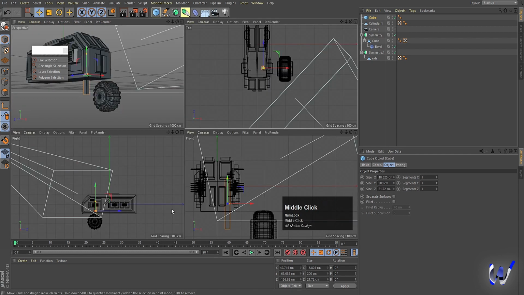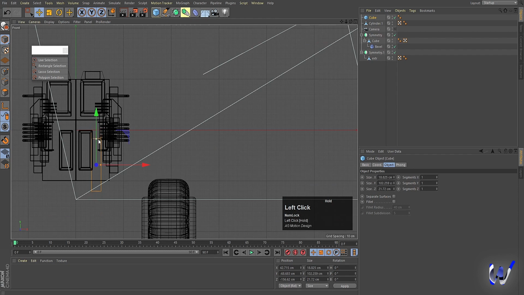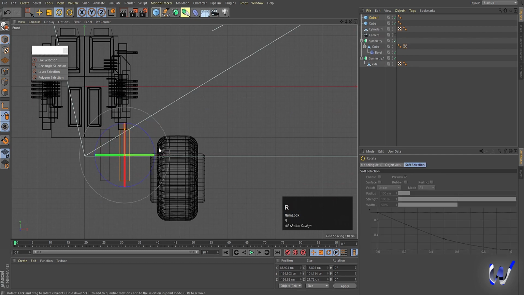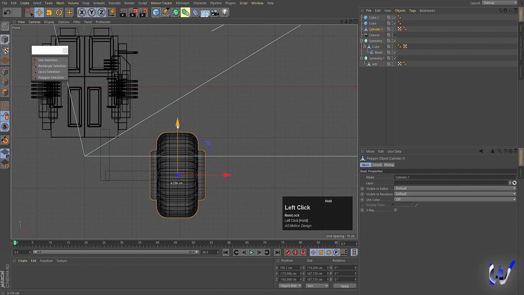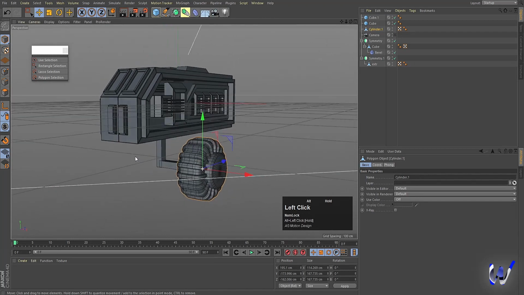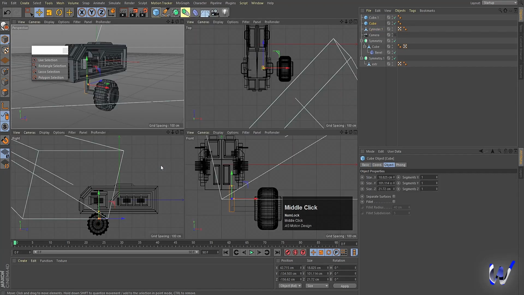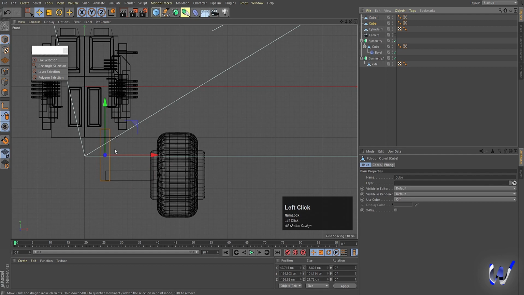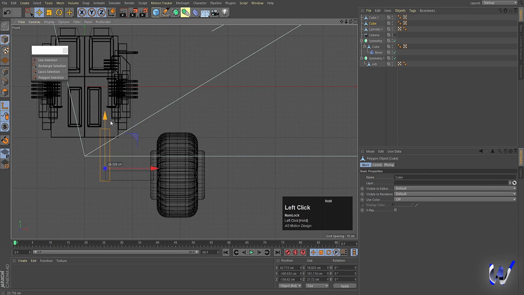We will create some suspensions for this tire, decrease the size like that. Then by holding control, duplicate it, press R for rotation, hold shift, rotate it like that, press E, move this over here and then attach this thing with the tire. Select this tire, move this over here, then over here like that. Select this tire, press C, select both of these and press C, select this one, press L and move this over here,